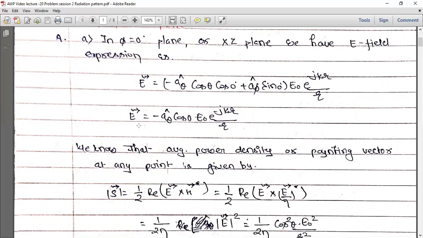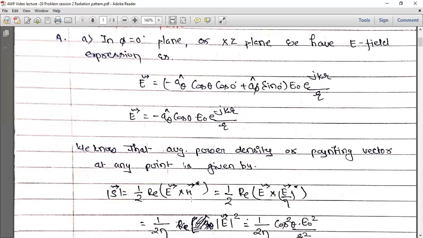So the power density or Poynting vector at that particular point, which we had considered in the xz plane, is given by S equals 1 by 2 real part of E cross H star. This is a general expression for the Poynting vector or power density at a particular point. Okay, and the direction of this is along the radial direction. So we are considering only the magnitude. Okay, we are not taking the direction here. So 1 by 2 real part of E cross H star will be the Poynting vector. And we know that in an electromagnetic field, electric field and magnetic field are related by the expression H equals E by eta, where eta is the intrinsic impedance of the medium. Okay, 120 pi for free space.